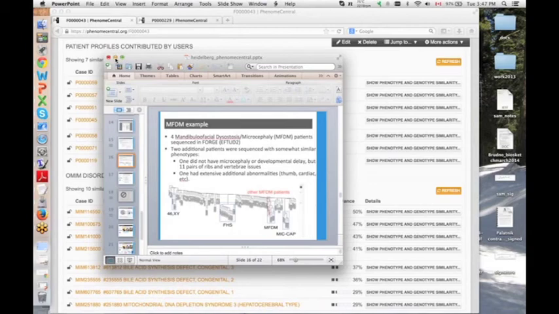Right. Okay. Let's see. Can you say the name of the data sharing federated model again? This was the Matchmaker Exchange project. Right. And this includes GeneMatcher and DECIPHER, us, and several other groups. Super. Technical question. Can you use Phenotips with Oracle rather than HyperSQL? Yes, you can use it with any SQL-like database.